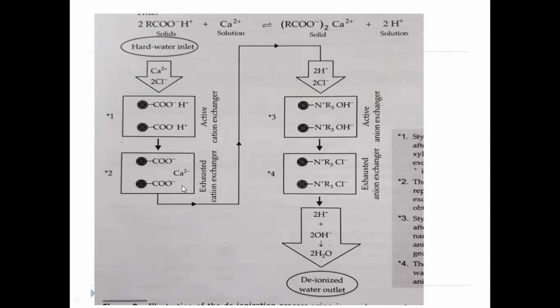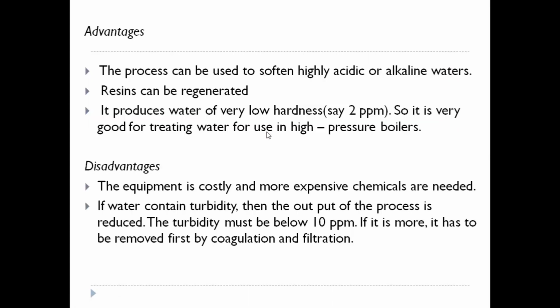Then the exhausted cation exchanger, if we wash it with dilute HCl or dilute H2SO4, we can regenerate. And if we wash with dilute NaOH, we can regenerate the exhausted anion exchanger. That is one of the advantages of this ion exchange process. And this is the reaction for the active anion exchange resin: RN(CH3)3 plus OH minus plus Cl minus gives RN(CH3)3 plus Cl minus plus OH minus. We get water free from